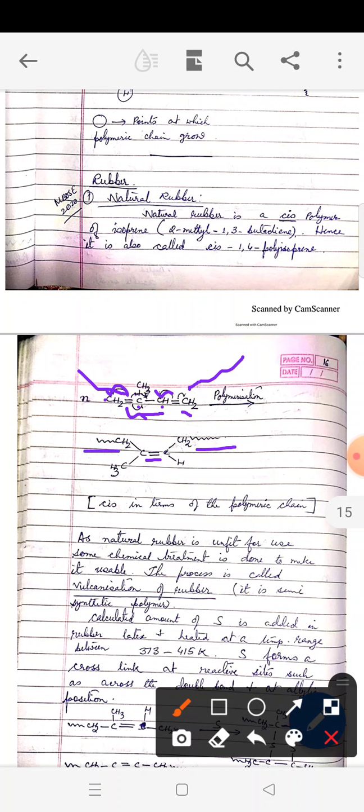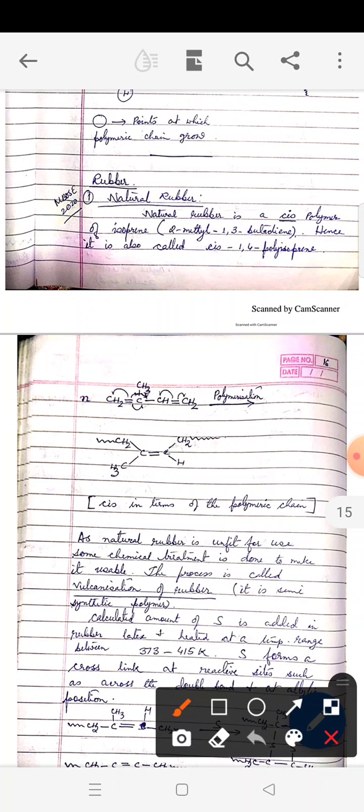But when you show the cis structure, what you need to do? You project the C=C double bond here and the bigger groups you put on the same side. We don't really know how many carbons are here, how many carbons are here, and these two groups are different, so they cannot be considered to discuss the cis and trans form. So we just consider the bigger groups which are on the same side. That's why we call them the cis isomer of 2-methyl-1,3-butadiene. Now this rubber is very sticky and cannot be made use of.